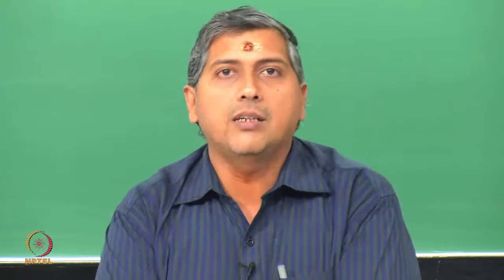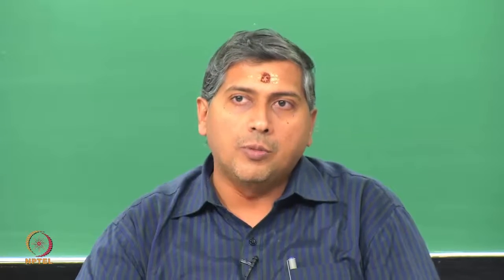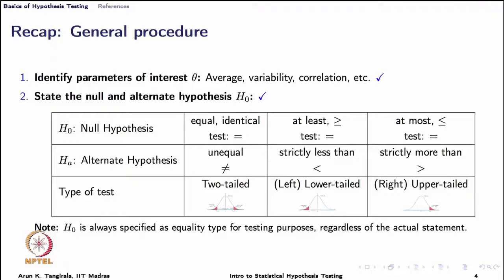But as far as the procedure is concerned, we anchor on the null hypothesis, and in order to anchor ourselves, we need an equality type, otherwise it becomes very difficult to compute the probabilities, because if I go by the statement at least or at most, then there are many possible truths which I have to test simultaneously, then it becomes very difficult. So, hypothesis test typically is conducted for one postulated truth, that is the bottom line to remember. And now, for the situation where I have at most, I also use the equality type.